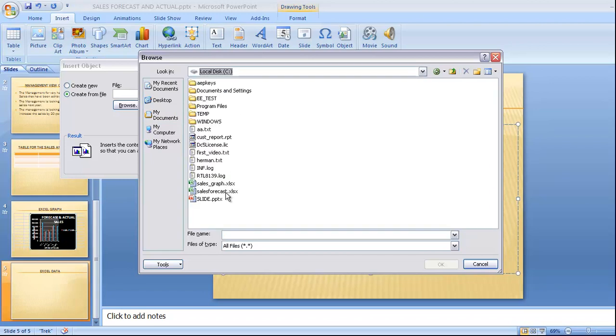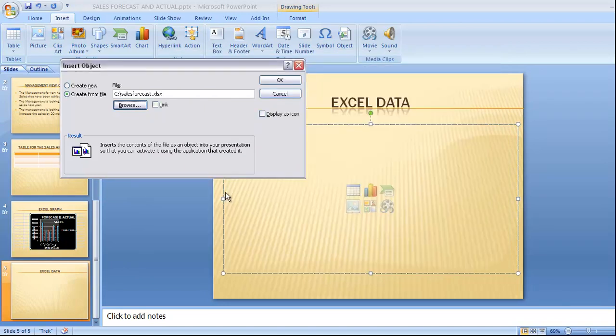So there is a sales forecast, the sales showing. I could always, again, I have linked it here. I could display it as an icon. Linking means that the file doesn't actually get embedded into the PowerPoint presentation. The file doesn't grow. It can show you more data, but the problem is that you should have Excel on the computer where you are going to show your PowerPoint presentation, or else the data doesn't show up. So that's it. Now I'm going to say OK here,